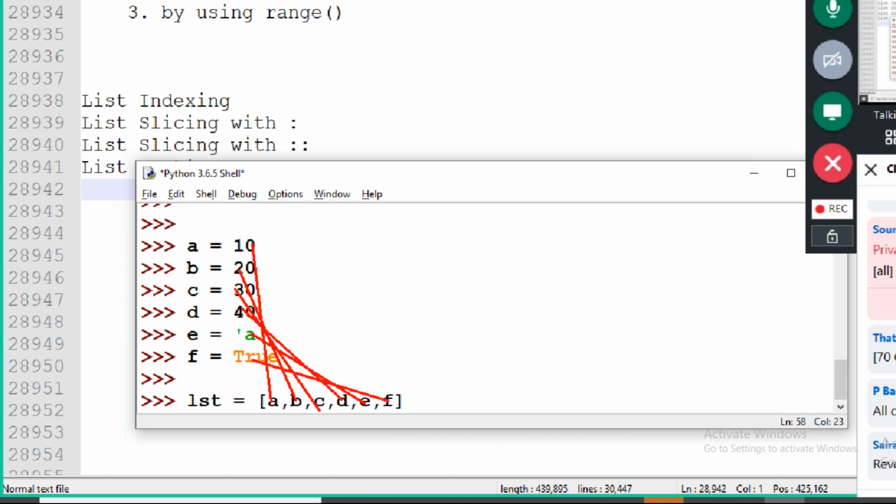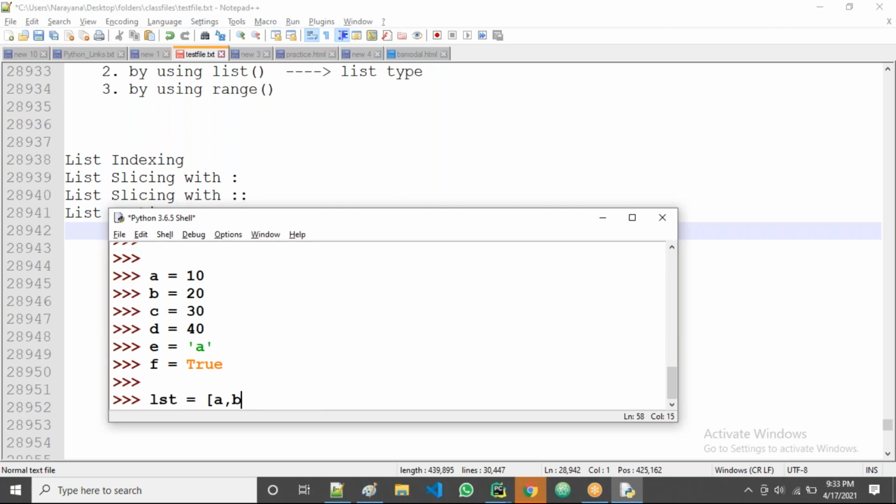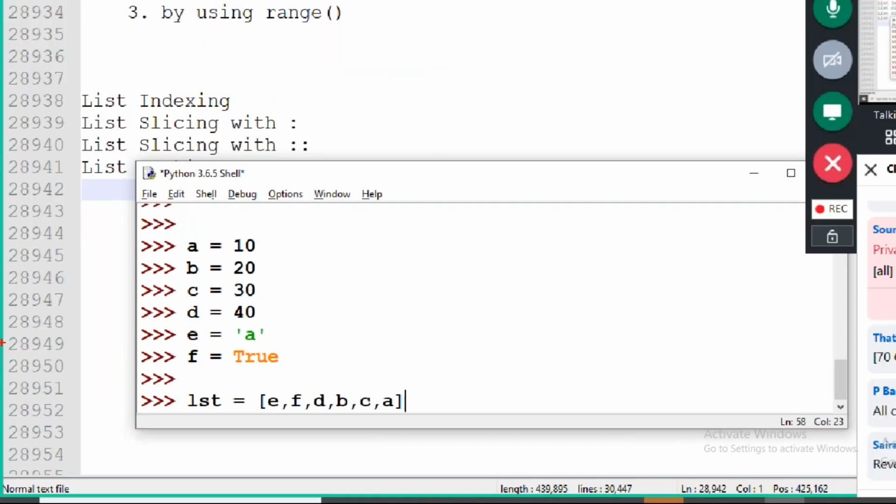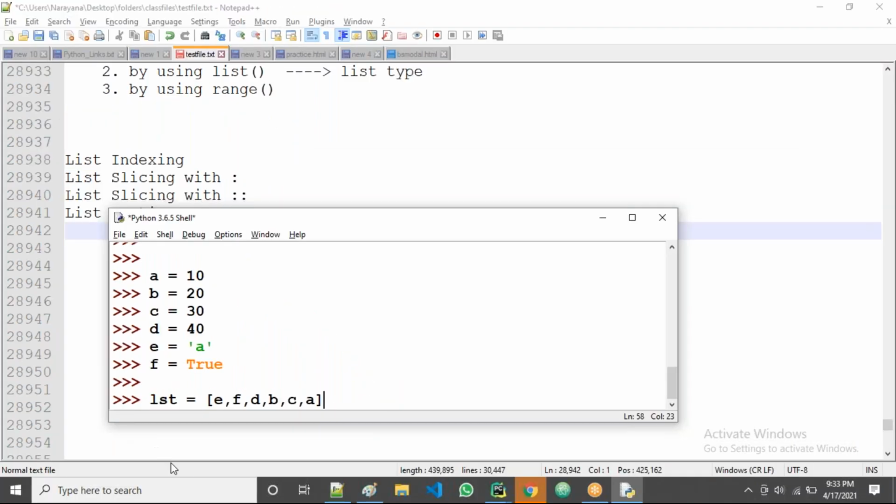If you take a different order, suppose E, F, D, B, C, A, then the A value will come last, B value somewhere in the middle, and C value last but one. The 40 comes in the middle, the A comes at the beginning, and True comes second. So whatever order we take the variables, the same order the values will be.